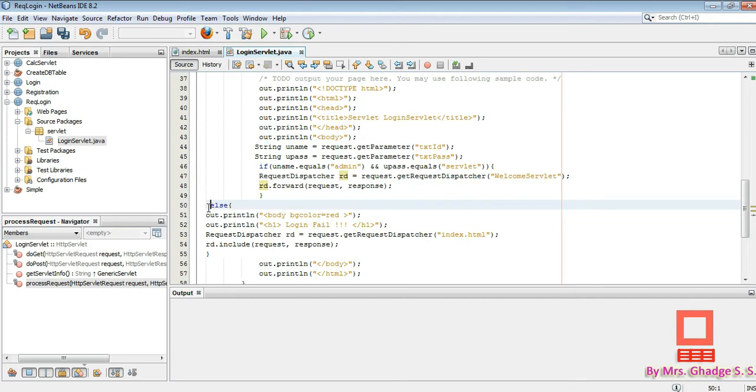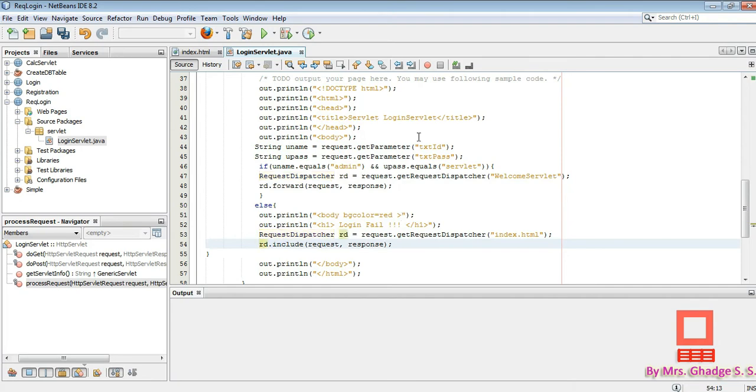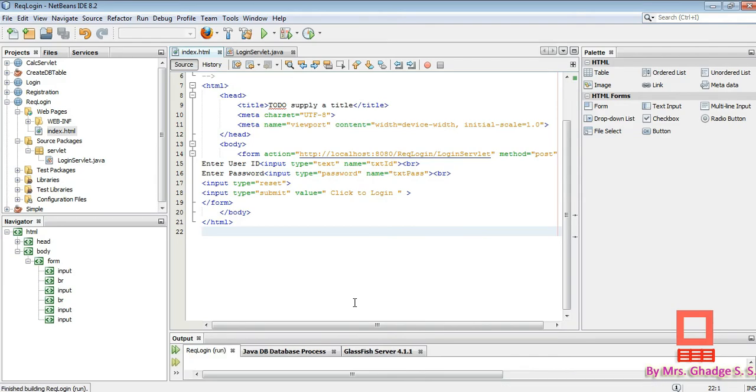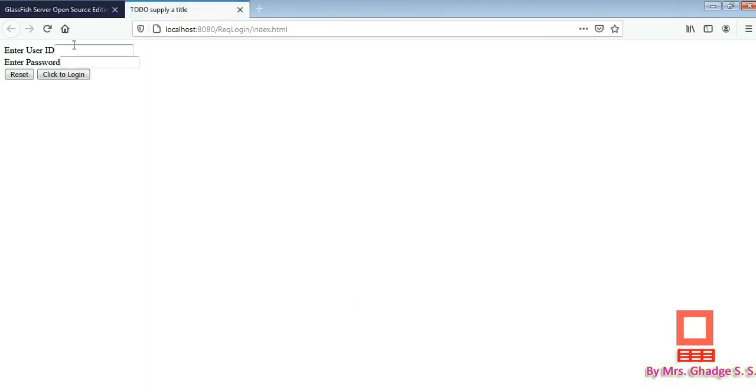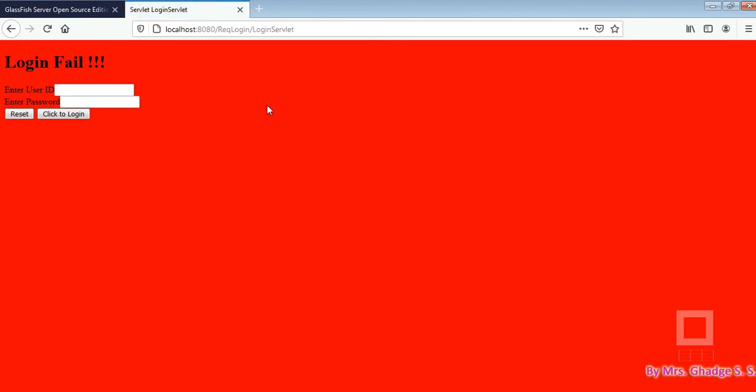Then else, out.println, request dispatcher rd.include. Okay, so just click on save all button. Let us try to run it one more time. Suppose we type here a wrong password and click login, so it will show the output that is login fail.